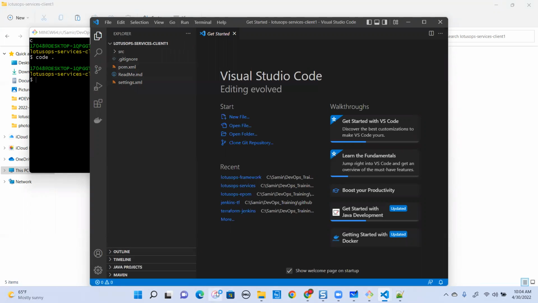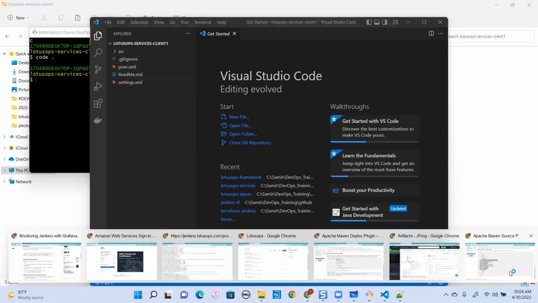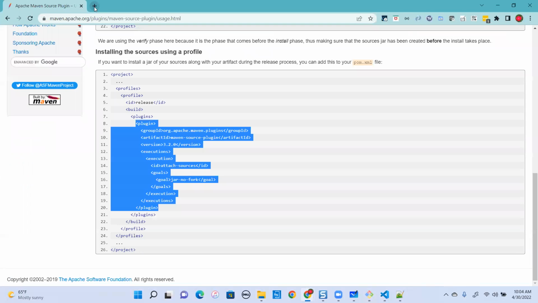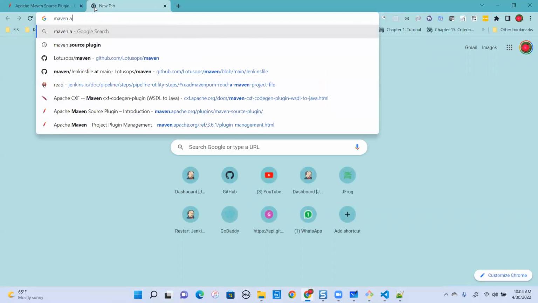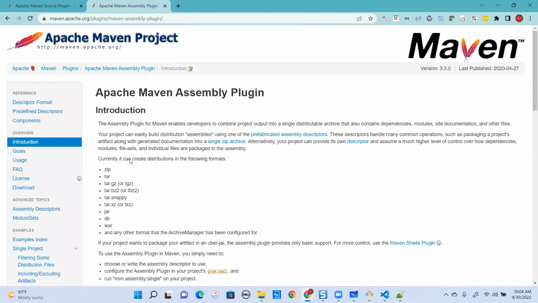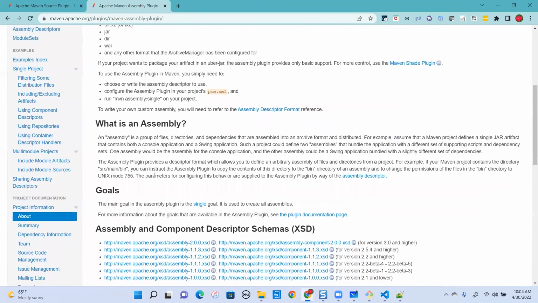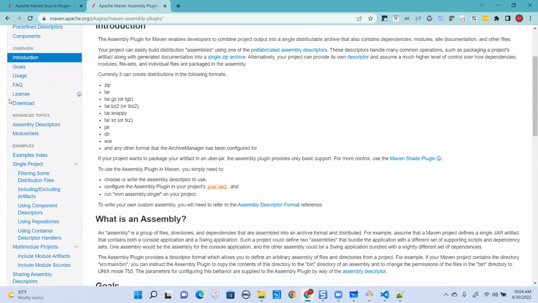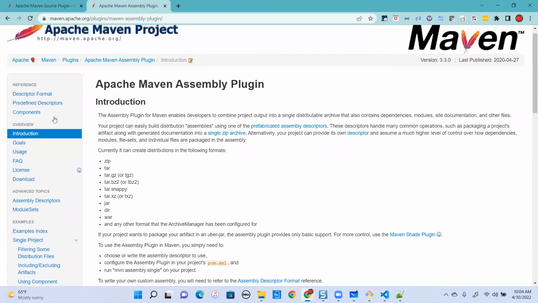So I will go to Google again and say maven. You can Google actually. Just because I'm saying assembly, it took us a lot of time to figure out that it's assembly plugin. We want to bring in jars from somewhere else. So now if you go to goals,